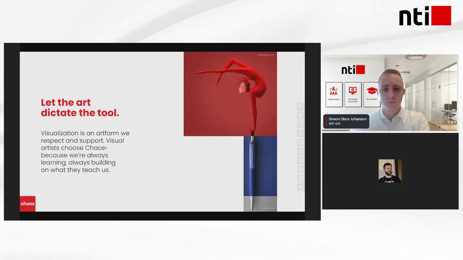And one of the main ideas behind Enscape is to be user-friendly, really easy to use, suitable for all the architects who, because let's face it, some of us, because I'm an architect as well, want something that is really easy to use, really fast, that can help them during the design process in Revit, for example, while we are designing the building. But other people, including me, prefer other visualization tools that are much more flexible, and that can give us a lot of freedom in the visualization process.